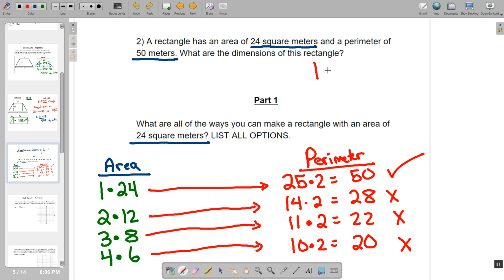Therefore, what are the dimensions of this rectangle? This is a 1 unit by 24 units